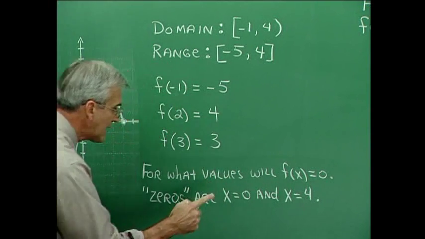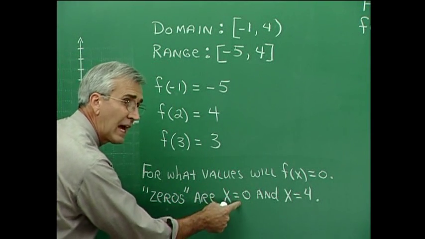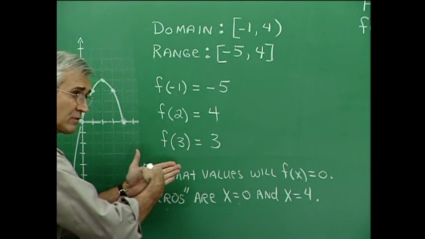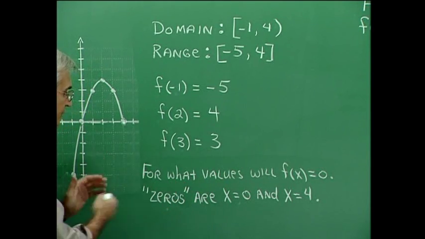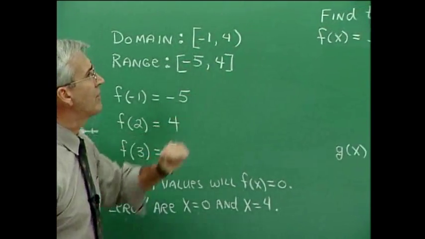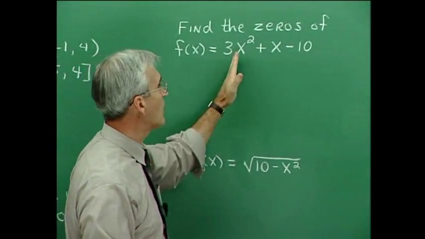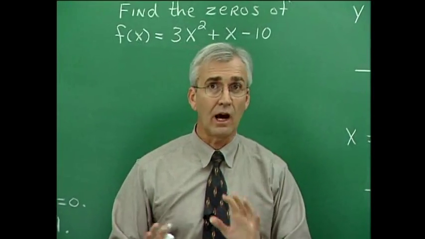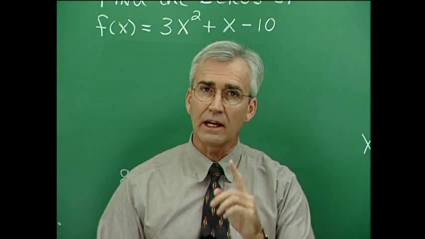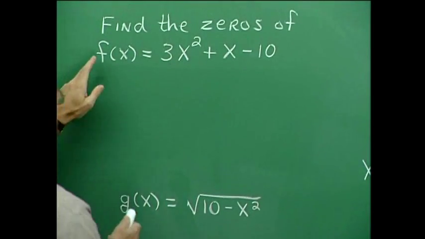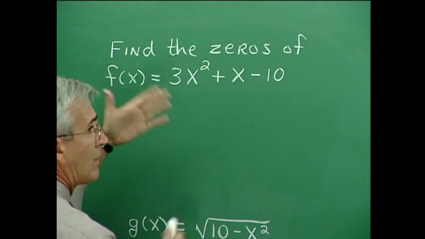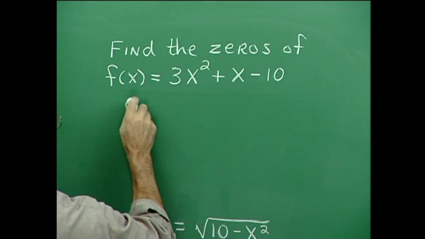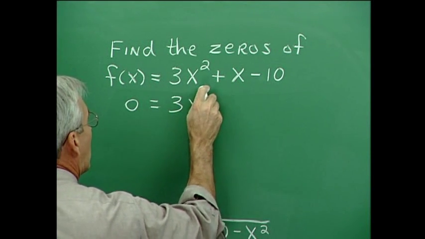Now I'm emphasizing the idea that zeros are values of x, but they are values of x that give us x-intercepts. X-intercepts and zeros then mean exactly the same thing. Suppose we want to find the zeros of this function. Now the zeros in this algebraic, function notation, not graphically, it's exactly the same idea. It's the values of x such that f of x is equal to 0. That is, we want the values of x that will cause this expression to be equal to 0. So we do this, and we solve for